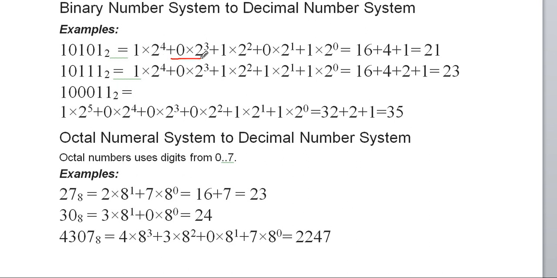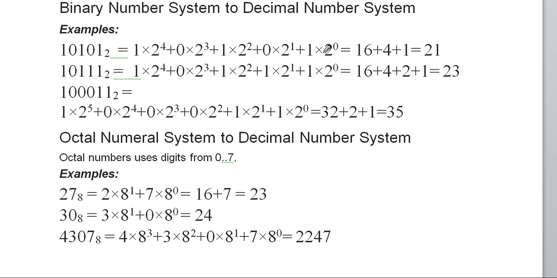In the next step the value of the power will decrease: in the second step it is 2 to the power 3. In the same manner, in every step the power decreases continuously, and finally when we reach 2 to the power 0, the exponent is 0, so we stop this process. In this case, our last bit will be multiplied by 2 to the power 0. Next, we have to do the calculation.